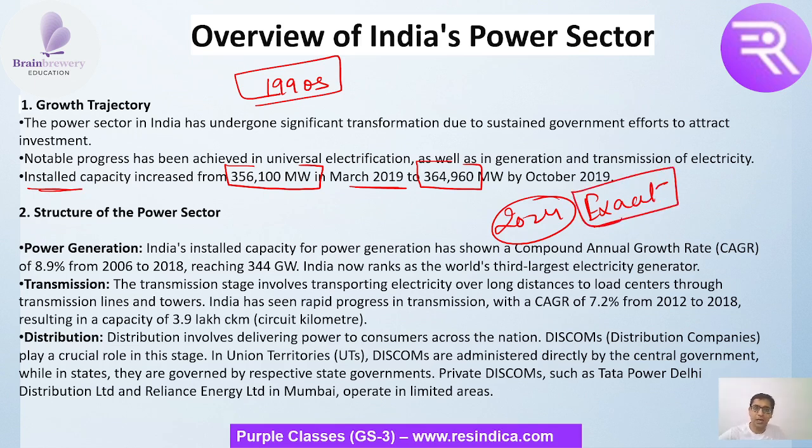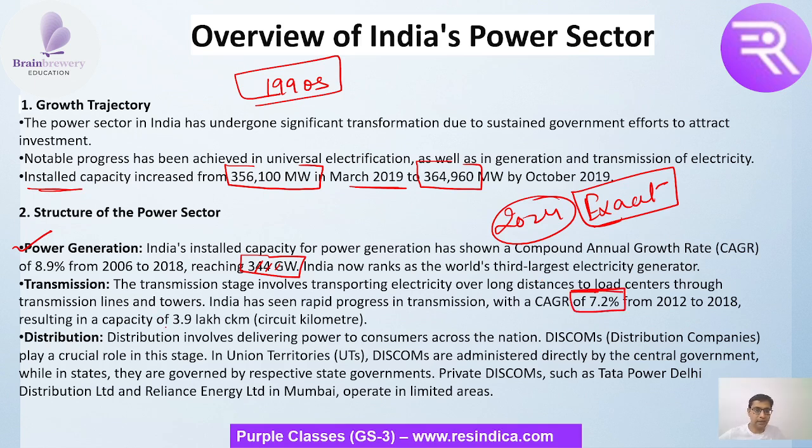So you will come to know that. Again, in the power sector we have power generation. We have reached around 344 gigawatt, and as already discussed before, 459 gigawatt was reached in 2022. You can just miss this data. Now after that, we are growing at an aggregate growth rate of